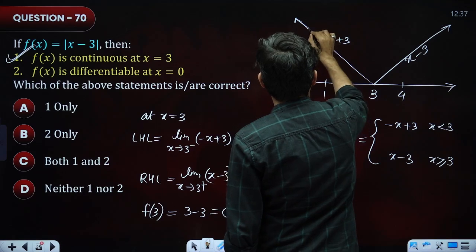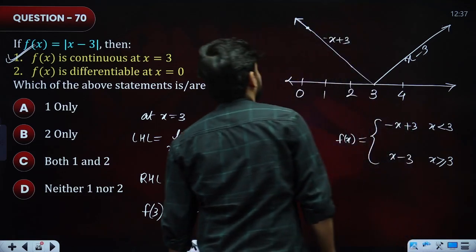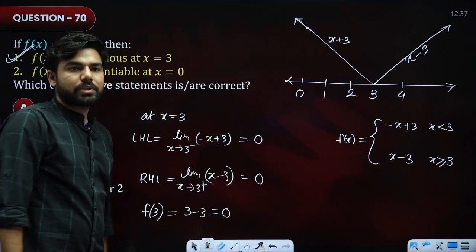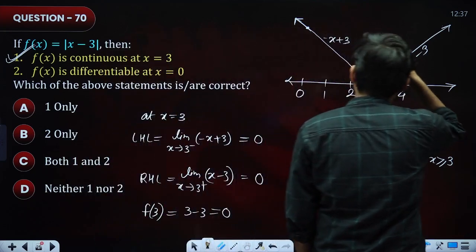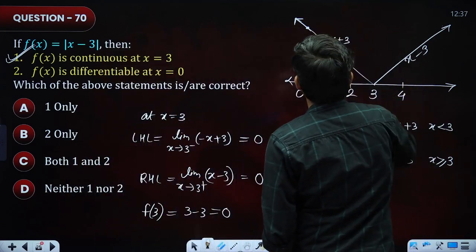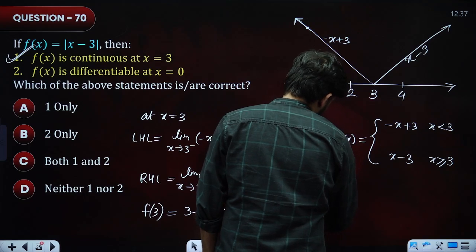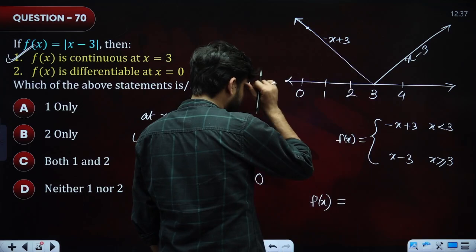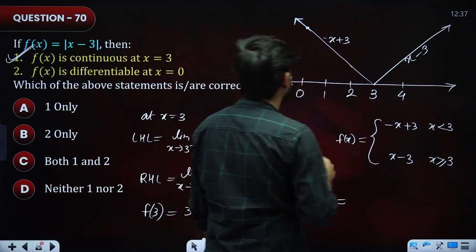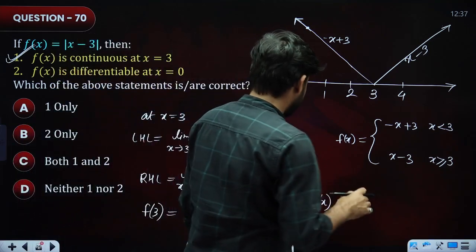At x equals 0 here, this is a linear line. Okay, yes, it is a linear line. So for that case, what we can do here, we can take f dash x. Okay, but we are talking about x at x equals 0. Okay, so here